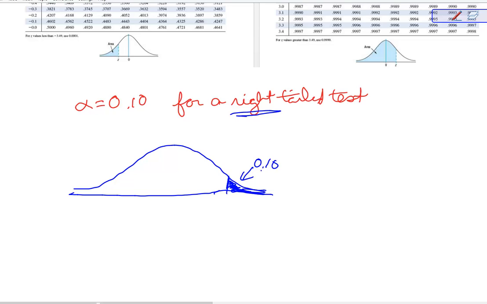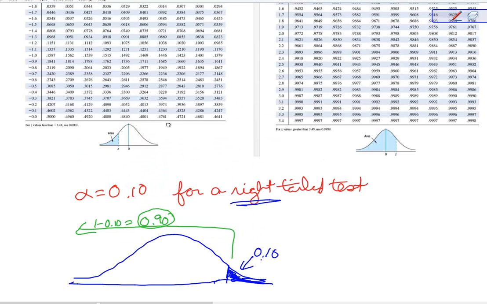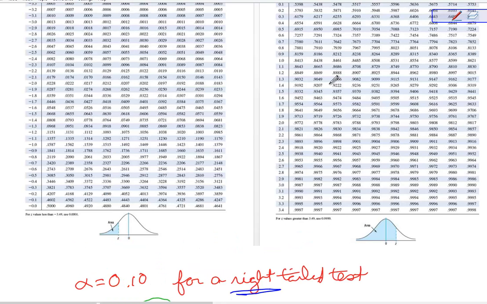Now remember that the chart only gives us the area to the left. So if 0.10 is to the right, this is 1 minus 0.10, which is 0.90. And this is what I look up in the center of my chart. So let's come up here to the center of my chart, and I'm looking at 0.90. Well, here's 0.8, here's a 0.9,